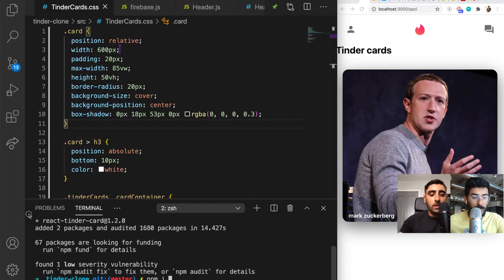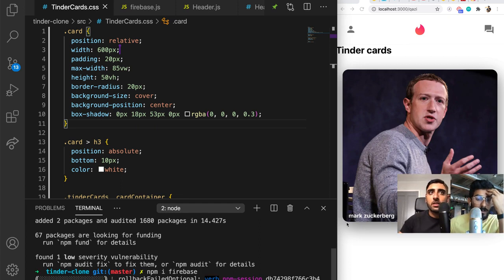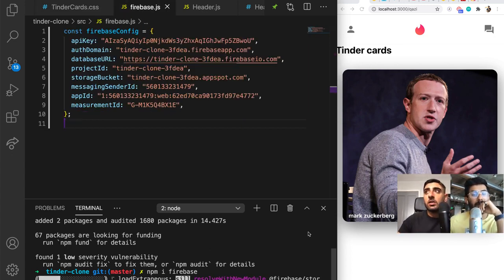npm I, and then we say firebase. What this is going to do is install Firebase into the project, pull in all the dependencies that we need, and that will allow us to use Firebase inside of our app. While that installs, let's go over to firebase.js. So what Kazi did here is